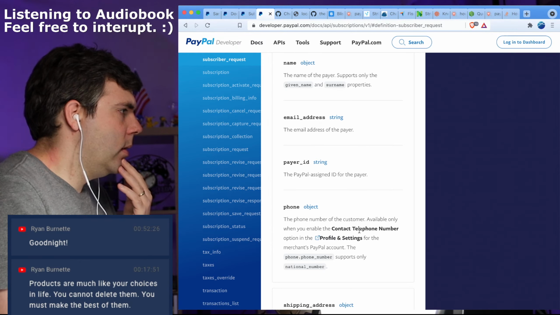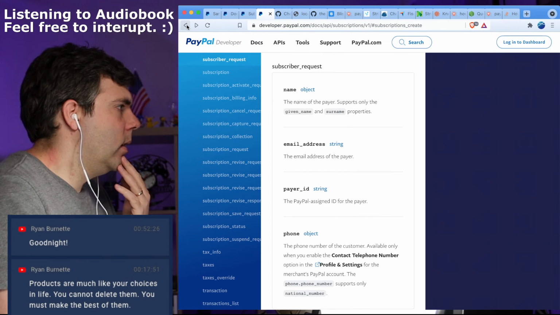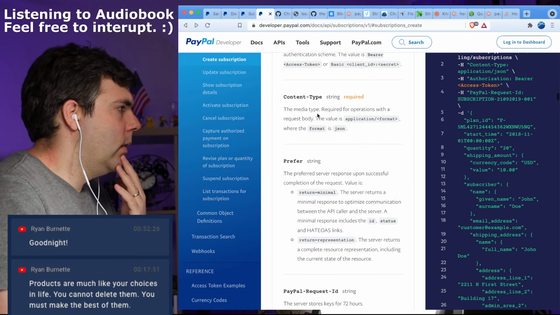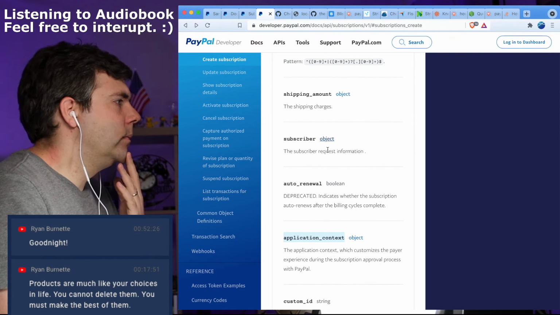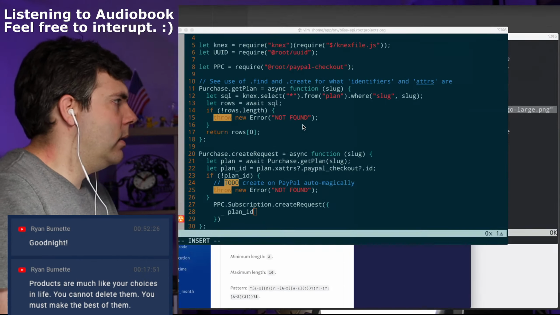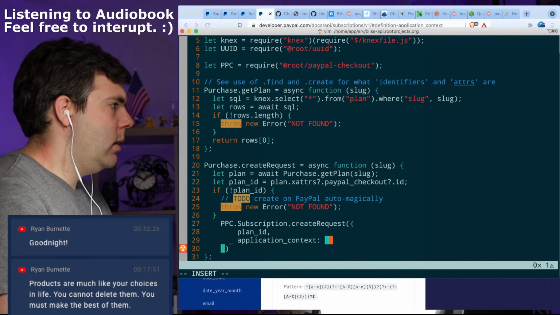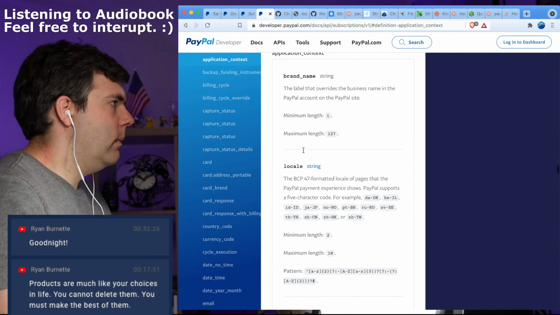Phone number of the customer. Yeah. So application context is important too, because that's what is going to customize the screen that they see.